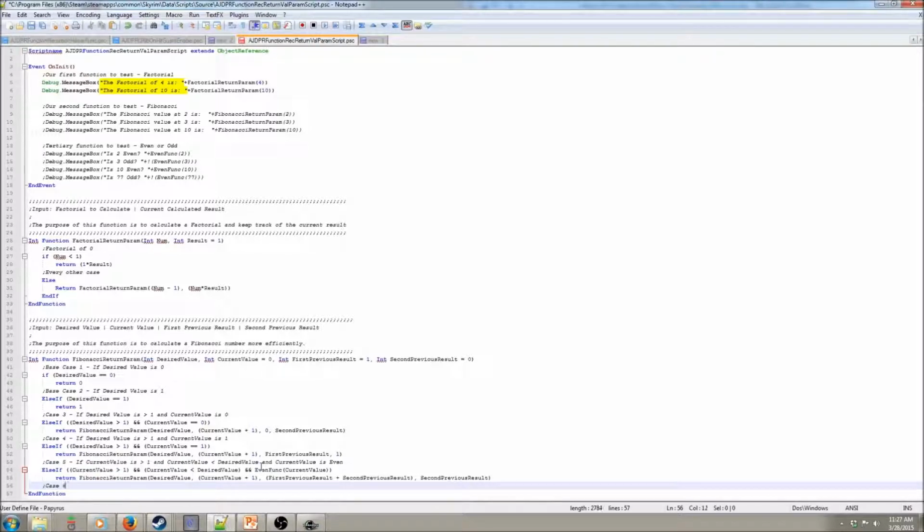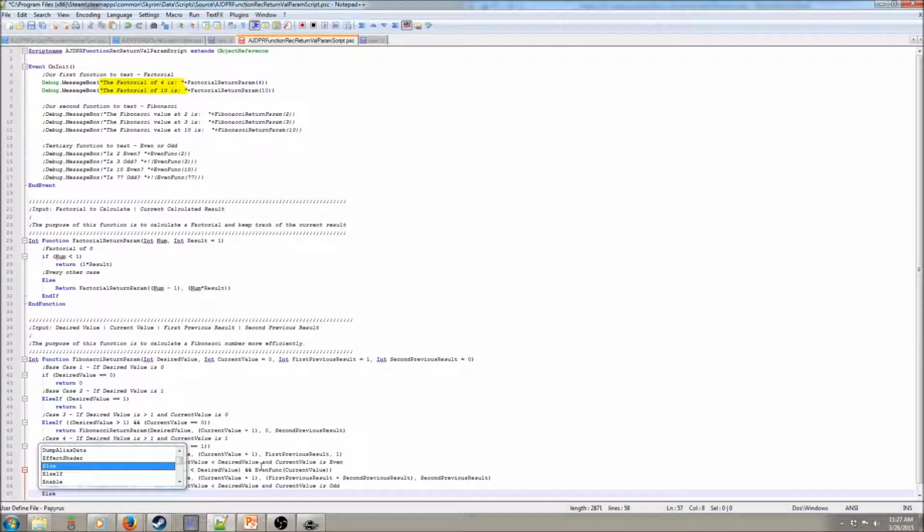So case 6, if current value is greater than 1 and current value is less than desired value and current value is odd, we're going to do another else if current value is greater than 1, current value is less than desired value, and